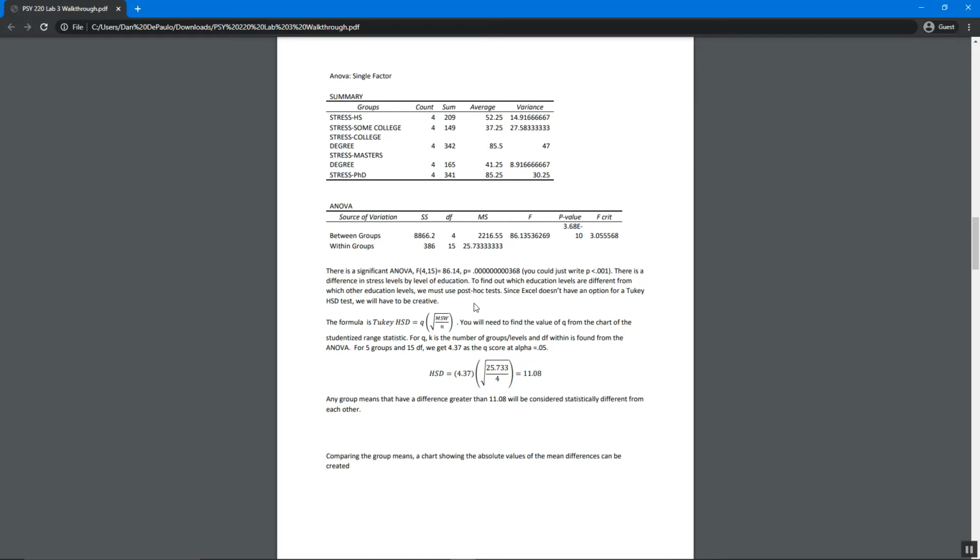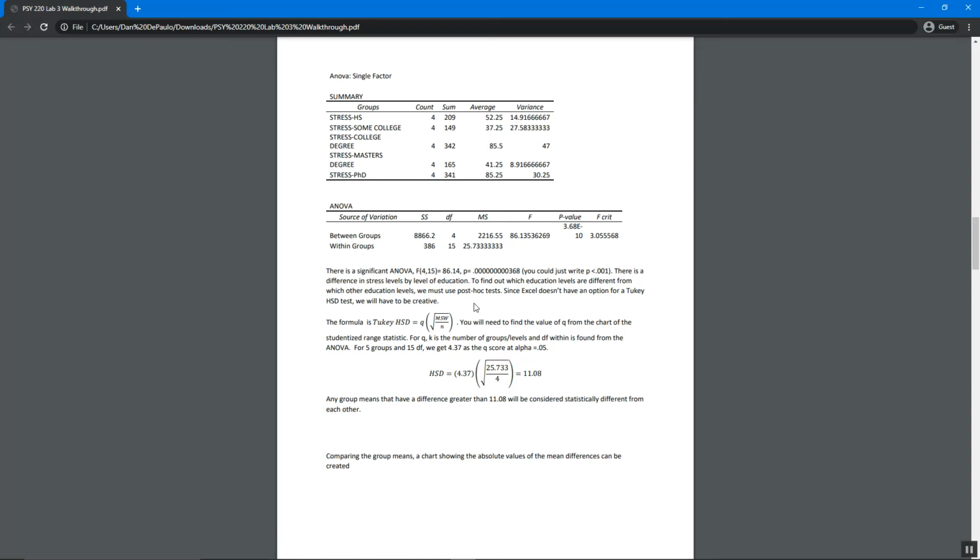So there's 10 post hoc tests in total that I have to run. So I have to run 10 of these Tukey tests. Now, the Tukey HSD test gives me the minimal difference that the means have to be apart for them to be different from each other. So if your two means are different by more than what the Tukey value is,